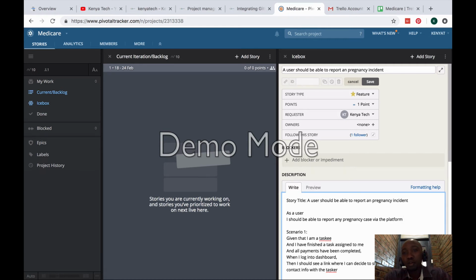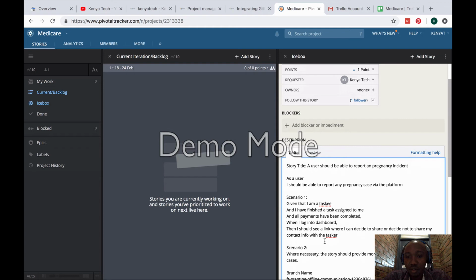Right now we're just working on the API, so we don't know. I don't want to say, like I said, this will be in many interfaces including USSD. But right now I'm just working on the API. So a user should be able to report any pregnancy cases via the platform, given that I am